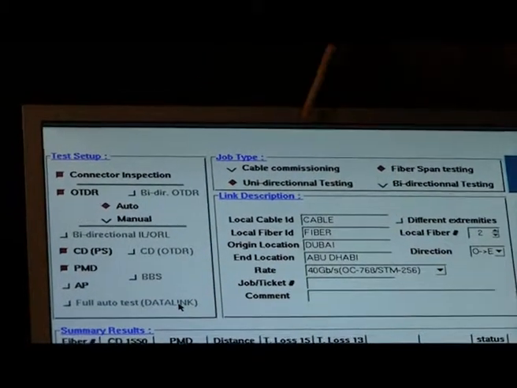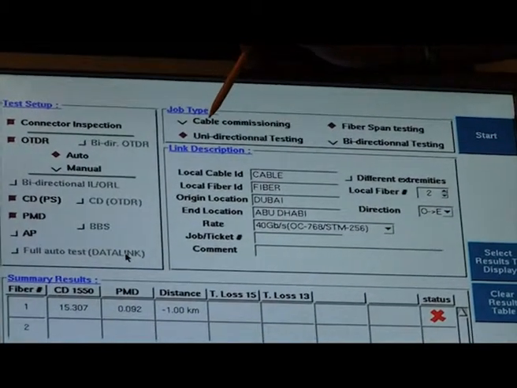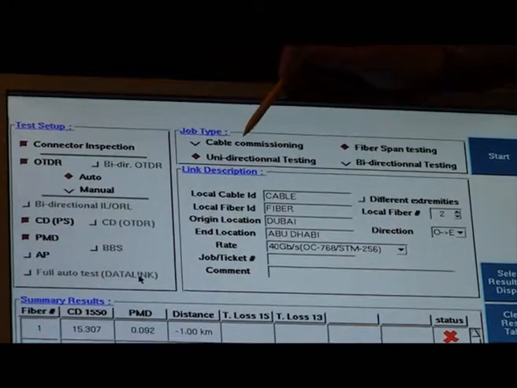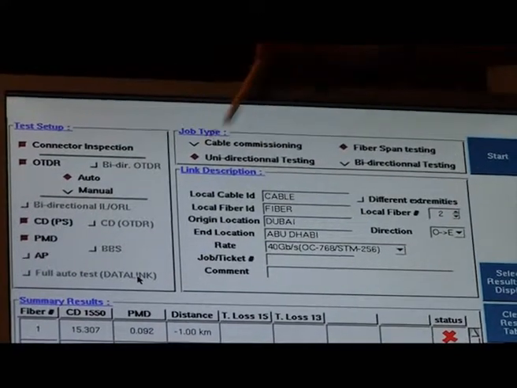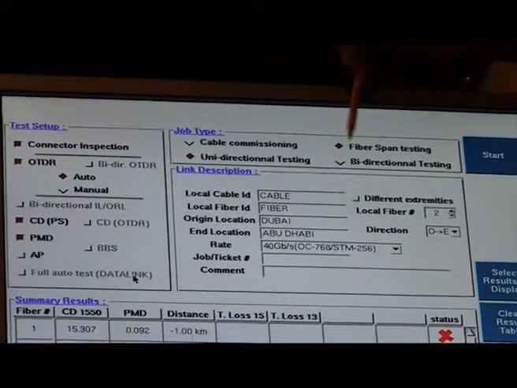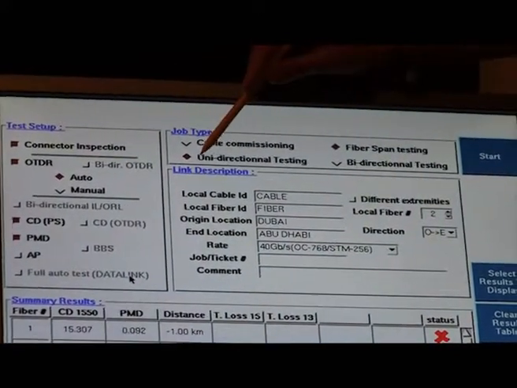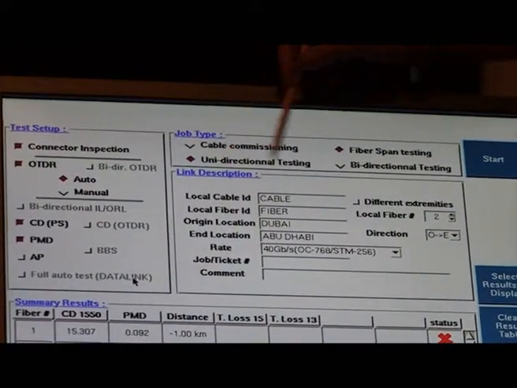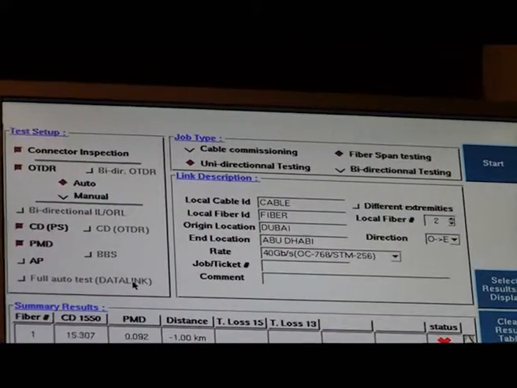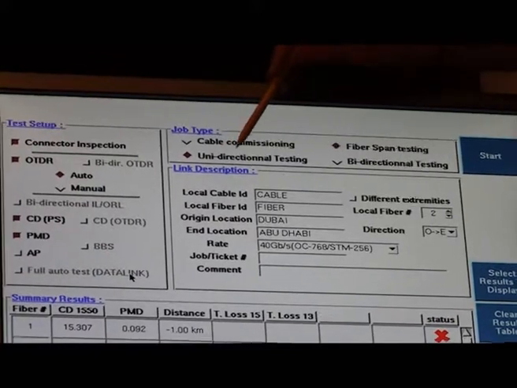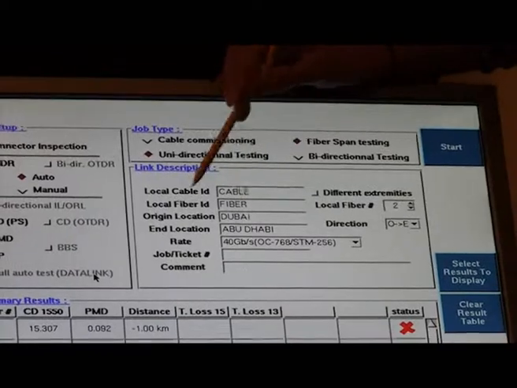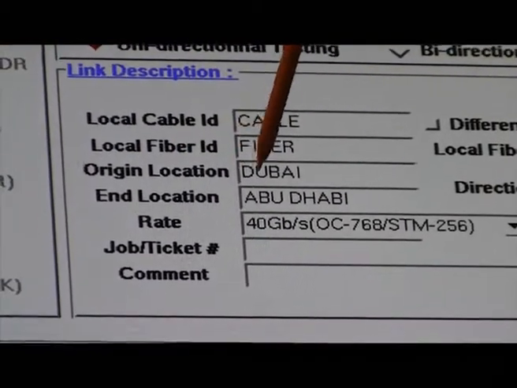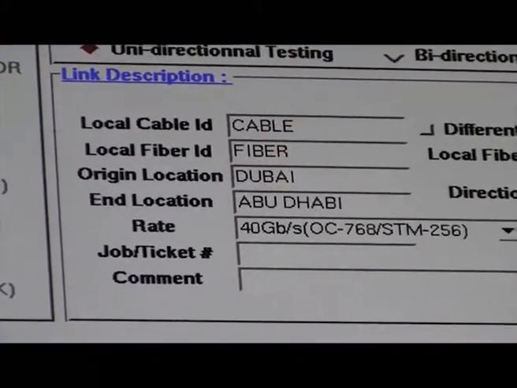In this part, you need to say if you are going to measure a cable or a fiber. So if you are going to a cable with 100 fibers, you should select cable. If it's for one fiber only, you will select fiber. And then, are you going to make unidirectional test or bidirectional test? Most of the time it's going to be unidirectional test. Then you enter the information, the cable ID, the fiber ID, the location you are measuring from, and